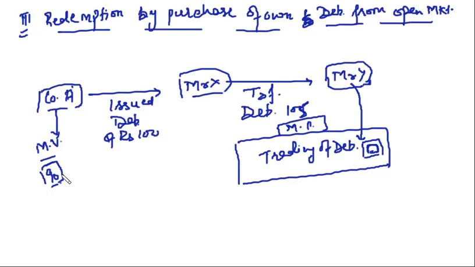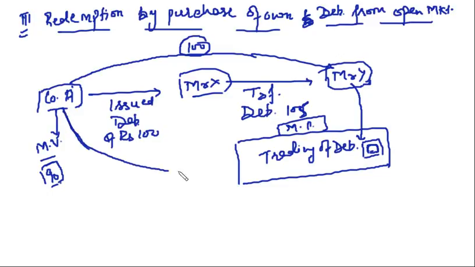Now, on the date of redemption, how much does company A have to pay this debenture holder? Company A says, I have to pay 100 rupees. Yes, company A's term was that these debentures are redeemable at par. That is, they have to pay 100 rupees to Mr. Y because he is the debenture holder. Clear? Instead of going to Mr. Y,